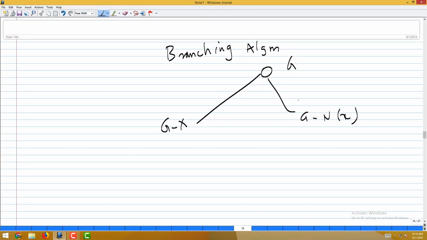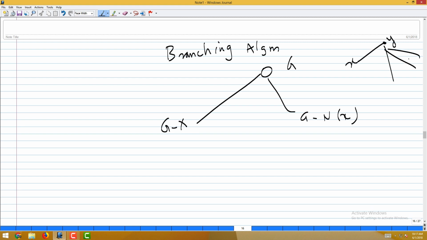So, what is being said is that suppose I am very unlucky. The ideal thing would be I pick a very high degree vertex and do this branching, then this will be n minus 1, this will be n minus the degree of the vertex, and if the degree of the vertex is very large, great, I will have a good branching. Okay. I have to write a recurrence relation and see what it is, but at least we see that that should be good. But if x is of degree exactly 1, then this will be n minus 1, this will also be n minus 1, but the observation is that if x is of degree 1,